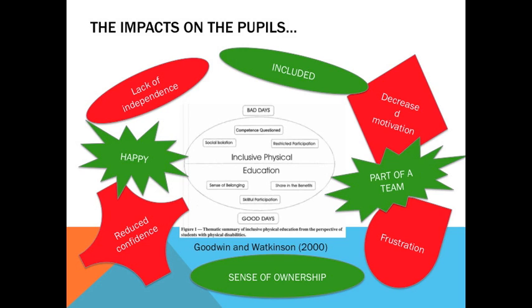The impact this has on a child's learning is huge. When they turn up to a lesson, for example, and the teacher hasn't taken any consideration into where the lesson is taking place, for instance, the lesson could be on a school field, how is a disabled student who is restricted to a wheelchair supposed to get on there? Well, they can't, so already they have been excluded just on the simple fact that the teacher hasn't thought 100% of the class and only about the vast majority who are the able-bodied. A child who has been affected by this is likely to feel a reduction in confidence, not feel motivated about PE anymore, and is going to feel a sense of frustration because they cannot do something which potentially they really enjoy.